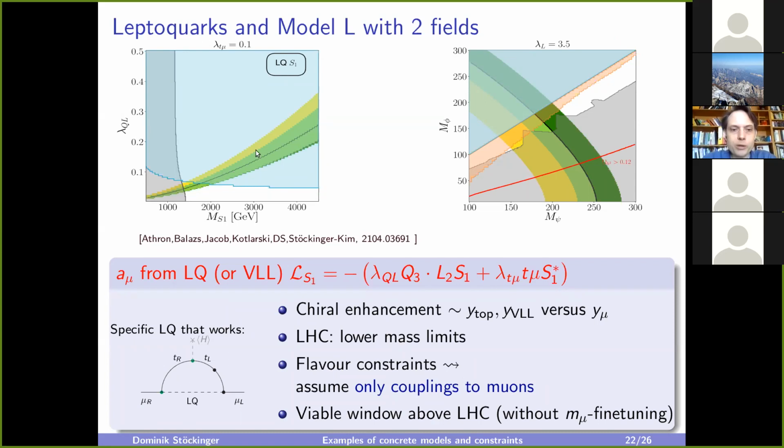And so actually there is a wide open parameter region. Now let me just mention the blue area here is not excluded by experiments, but the blue area is excluded by this argument that we do not want the new physics contributions to the muon mass to be larger than the muon mass itself. So if we apply that criterion, then the blue region is excluded. But you shouldn't use that as a hard cutoff. It's an order of magnitude limit from this kind of fine-tuning argument. Anyway, the Leptoquark model can explain g-2 very nicely.